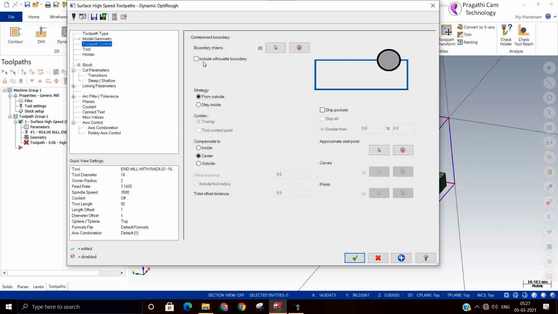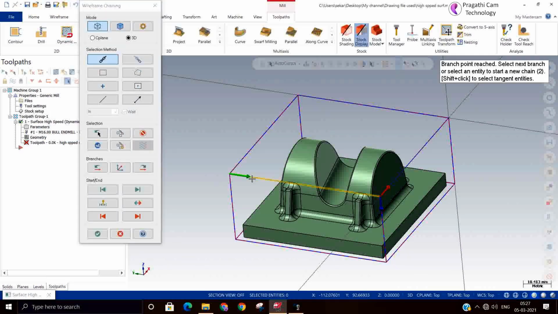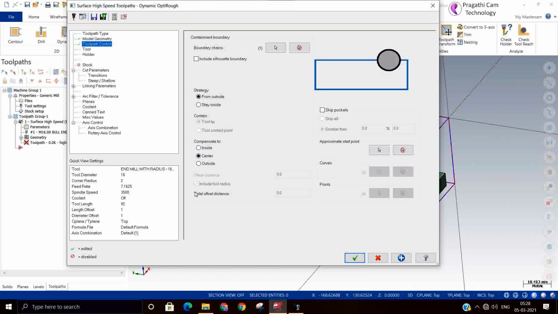That is the difference. So I am selecting the boundary. Include shield boundary. Why is this shield boundary needed? In case you don't have the wireframe boundary, then you can select the shield boundary of the model.